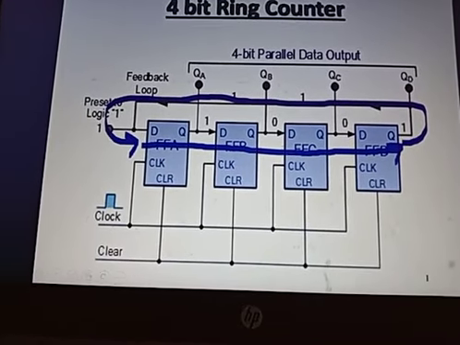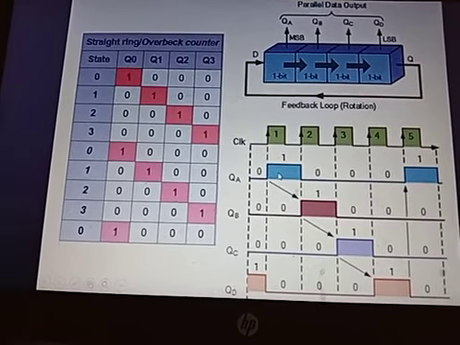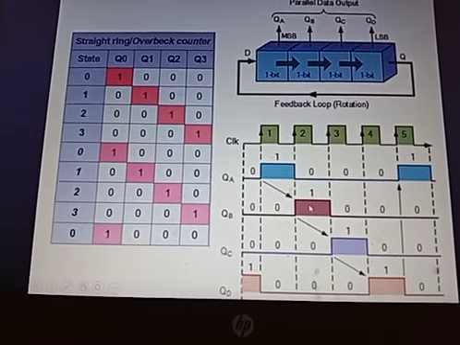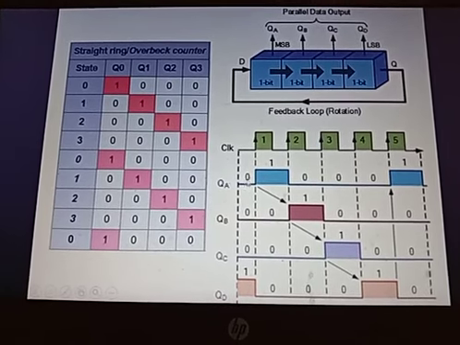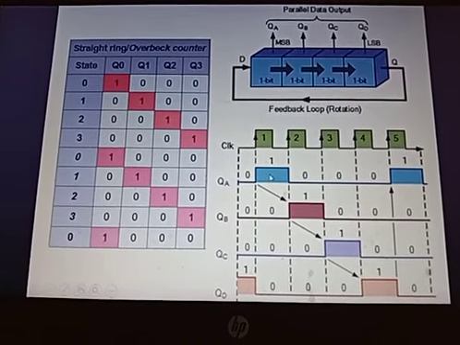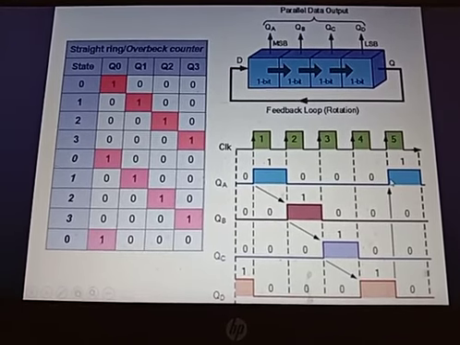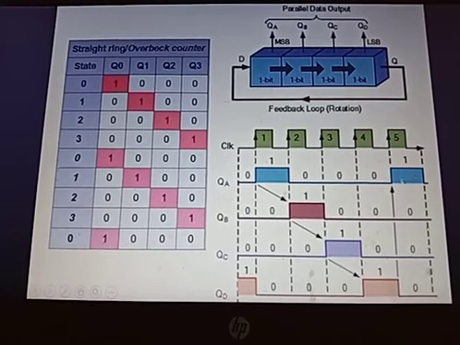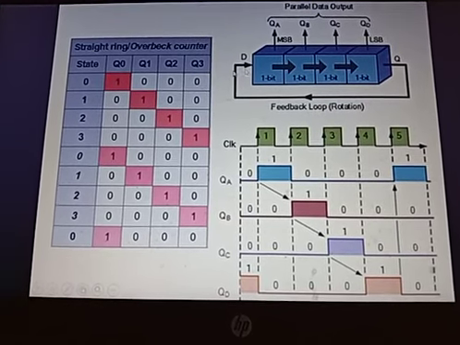When you look at your output waveform, just look at this output waveform. This is actually 1 here. The first clock pulse is 1, and you look at this one. First pulse it will be 1, and the second, third, fourth will not be active. The fifth pulse it will be again 1. Why it is becoming 1 is because this output is fed as input to the first one.